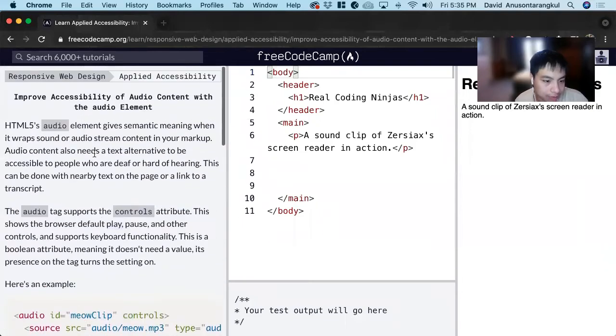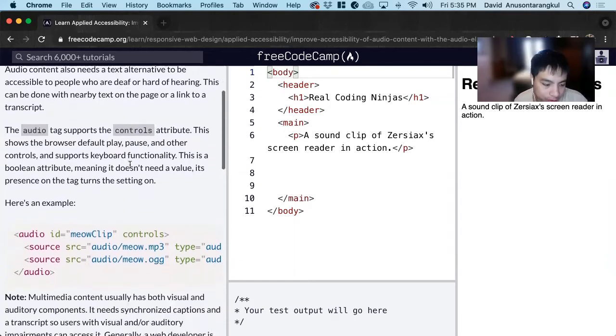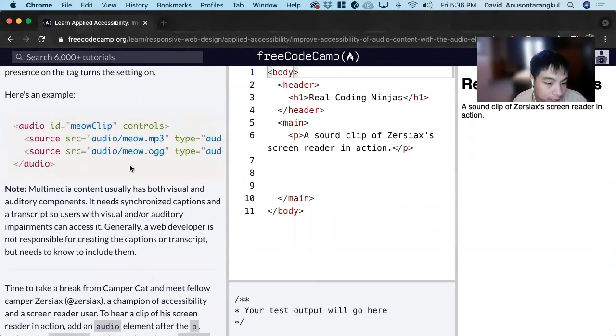And it also states that there should be a text alternative to audio content for people who are deaf or hard of hearing. And this can be done with a nearby text on a page or a link to a transcript. Multimedia content usually has both visual and auditory components. It needs synchronized captions and a transcript so users with visual or auditory impairments can access it. Generally, web developers don't have to be responsible for creating the captions or the transcript,